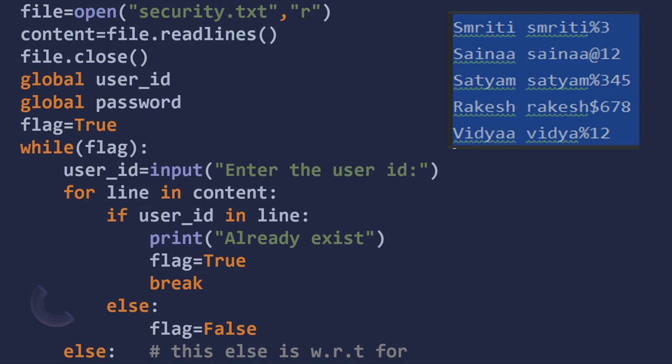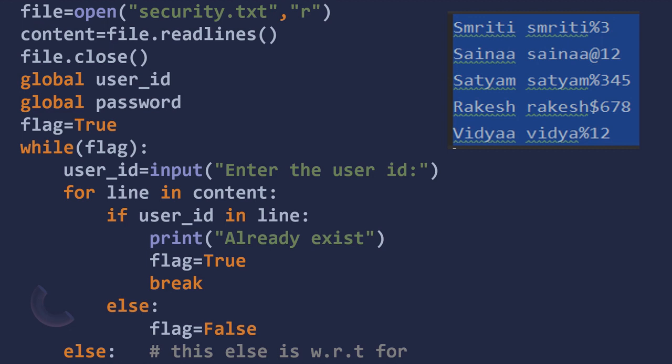Now we will go to the else part. This else is with respect to the for loop. That means once this for loop is completed, then it will go to the else part. So within this for loop, your user ID part will be covered. That means it will ask the user for the user ID. If the ID is already present, then it will print already exist. If it is not present, then it will again ask to enter one more user ID. Now what will be done after that?